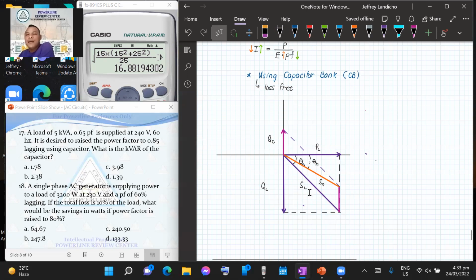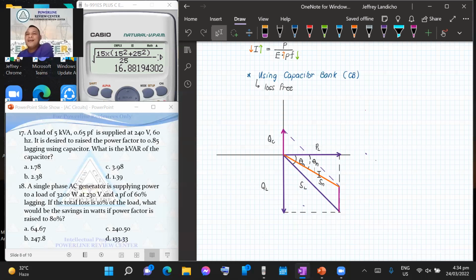So, let's say, dati nagsusupply siya sa'yo ng 100 kVA. After mong i-improve yung power factor, mas maliit na yung kailangan niyang isupply. Instead na mag-supply sa'yo ng 100 kVA, pwede, supplyan ka na lang niya ng 80. Pero ang ibibill pa rin niya sa'yo, same pa rin kasi hindi nagbago yung real power. So in that case, from 100 na kailangan niyang i-provide, 80 na lang. So yung sobra doon sa dating 100, which is 20, pwede pa niyang gamitin ngayon pang supply ng ibang